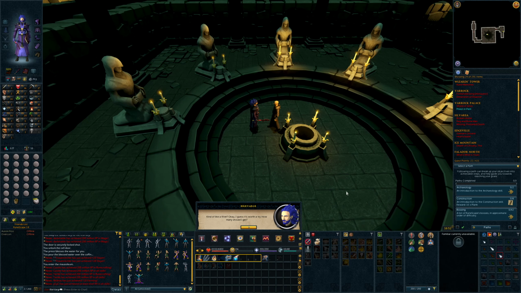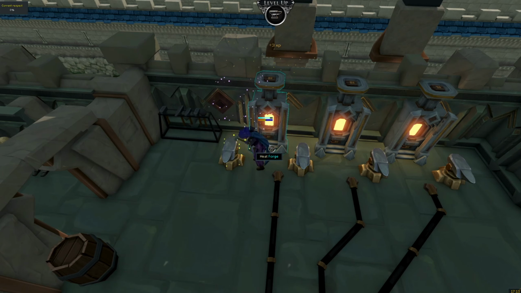Alright, so we have completed Priest in Peril, which is the quest that is required to get to Mortania. So once we get to members, we'll actually already have access to Mortania, which is pretty awesome. We only got one quest point for